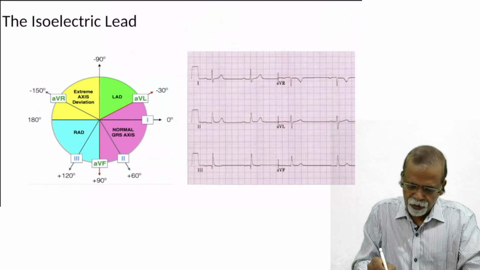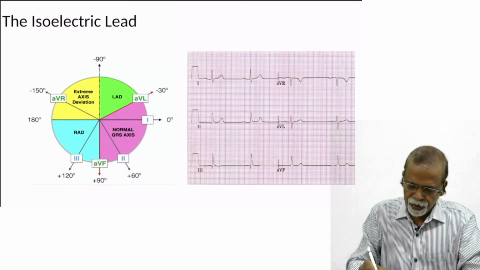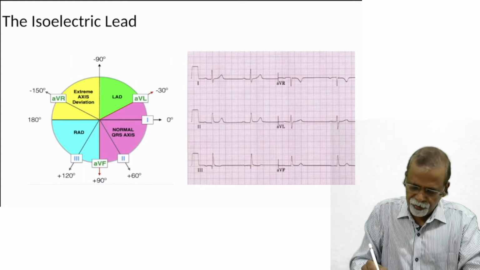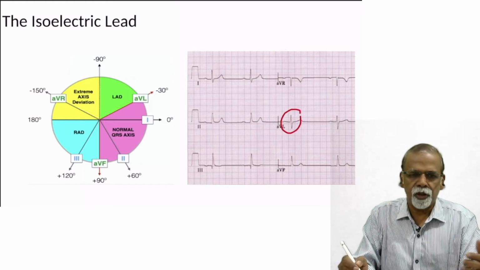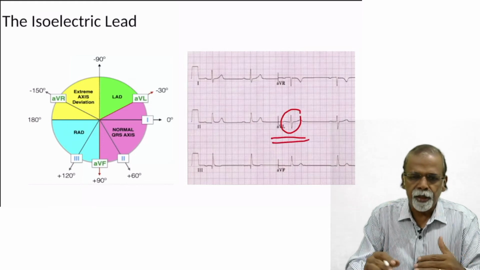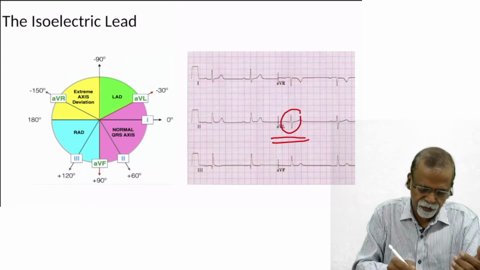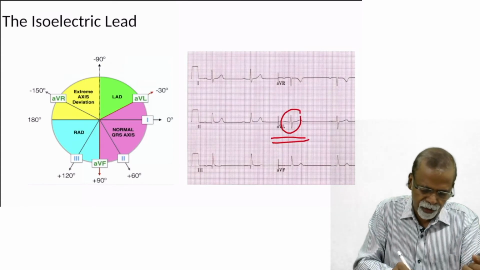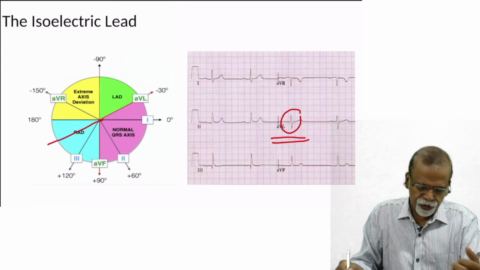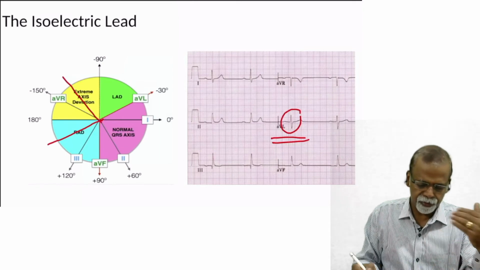So here you can look at the ECG. Lead 1 is dominantly positive, lead 2 is positive, lead 3 is positive, AVR is negative, AVF is negative. So this is the lead which is equiphasic. Now we can identify the equiphasic deflection. You can see that AVL is the lead with equiphasic deflection. So this is AVL. Which lead is perpendicular? You can see lead 2 is perpendicular.